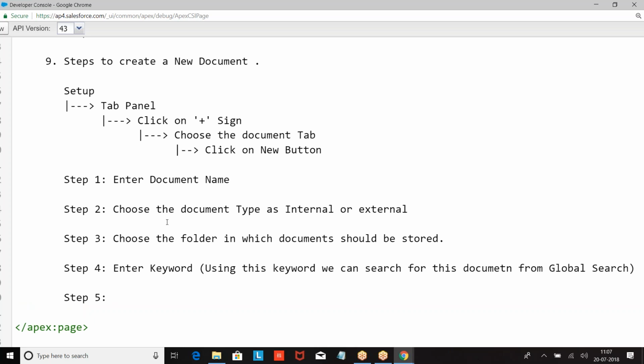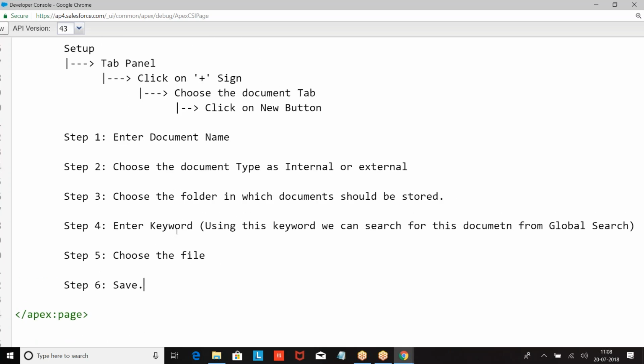Enter keyword, then choose the file, and save it.